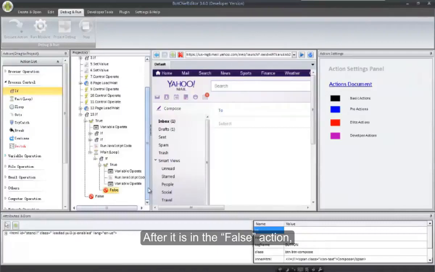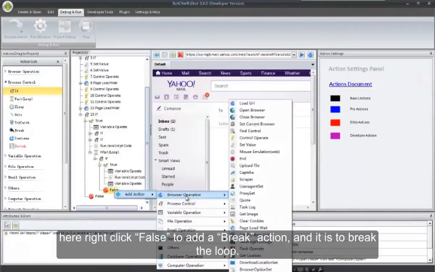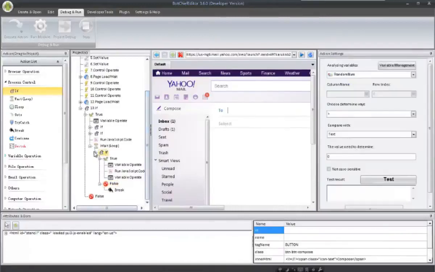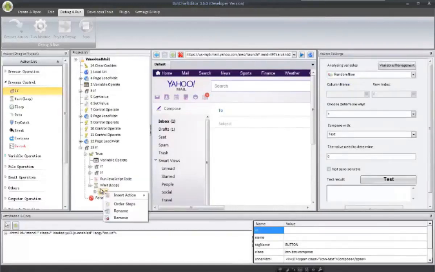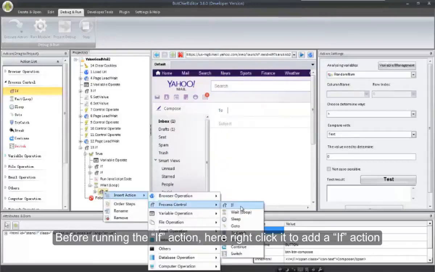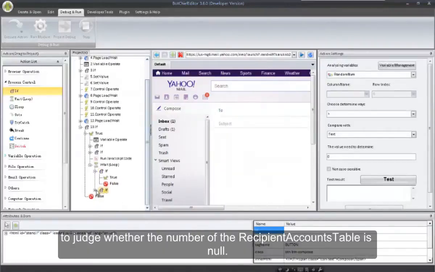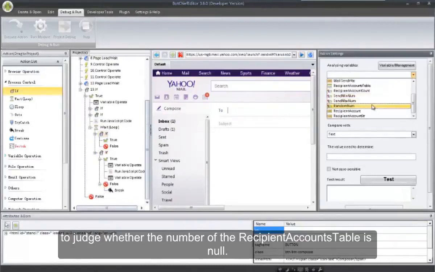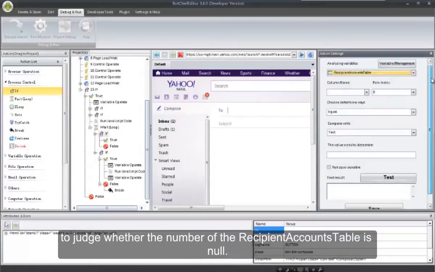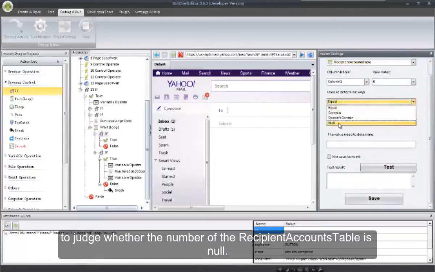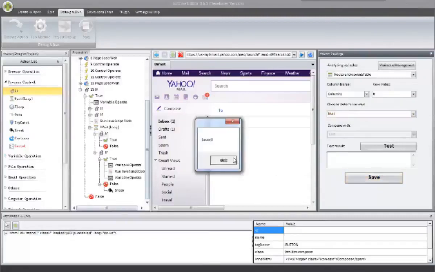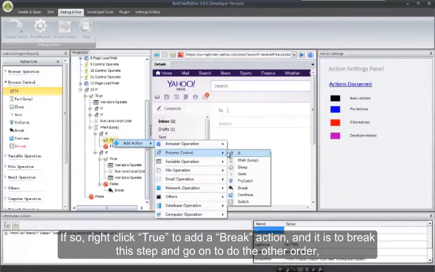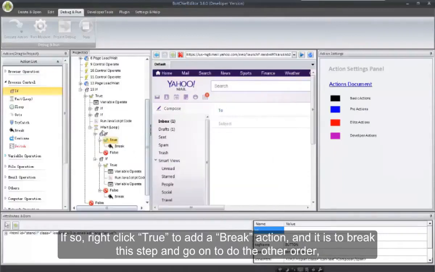After it is in the false action. Here right-click False to add a break action, and it is to break the loop. Before running the if action, here right-click it to add a if action to judge whether the number of the recipient account table is null. If so, right-click True to add a break action, and it is to break this step and go on to